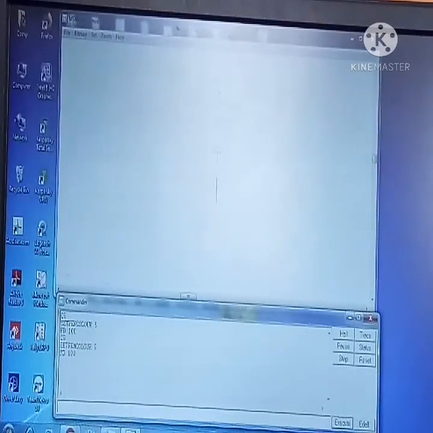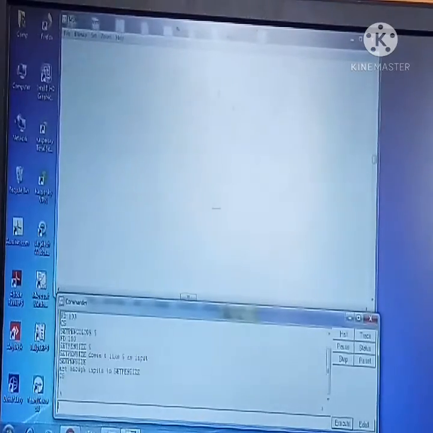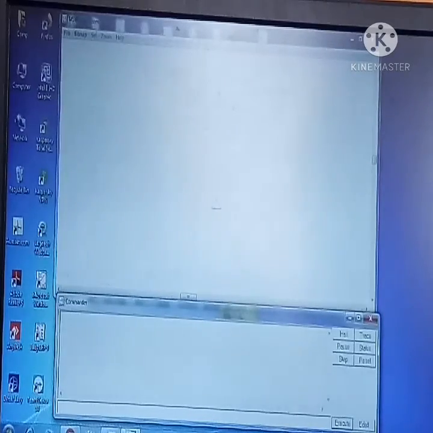That is how you can set pen color: give a space and assign a value. You will get different colors and you can draw the shapes in different colors too. There is one more command called set pen size, using which you can set the pen size. CS is used to clear the screen, CT is used to clear the text, and the print command is used to print the text. The label command is used to write any text or number on the main screen.